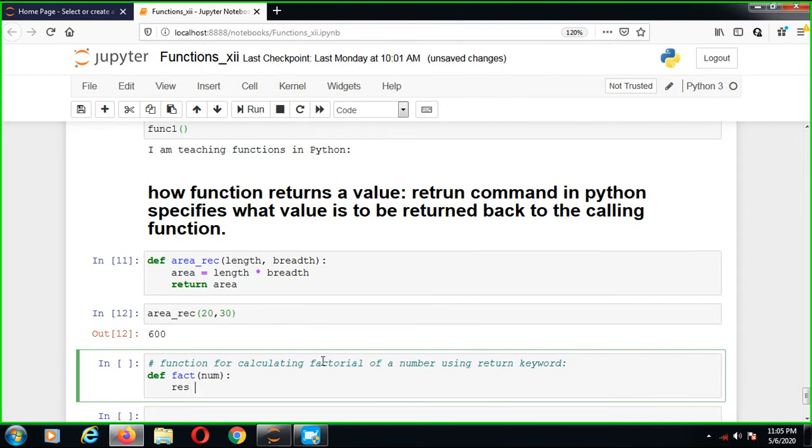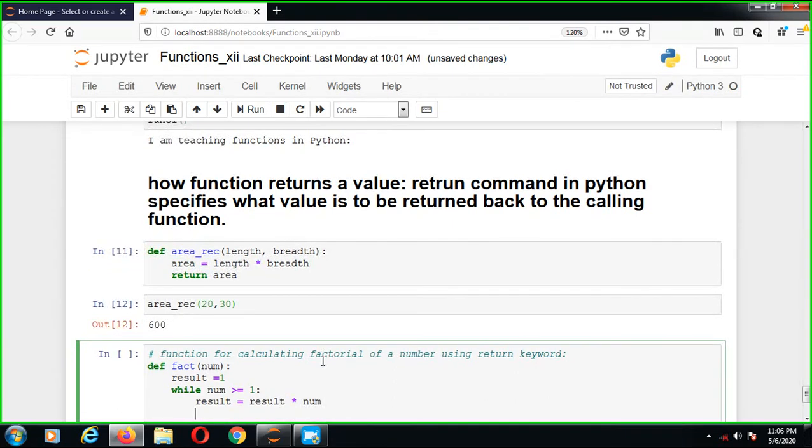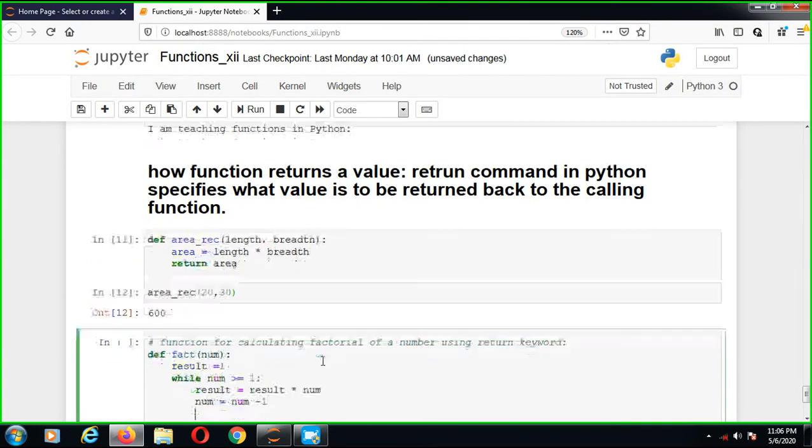Automatically result is equal to, suppose 1, then we can start a while loop: while number is greater than or equal to 1, then result is equal to result into number, then number is equal to number minus 1.